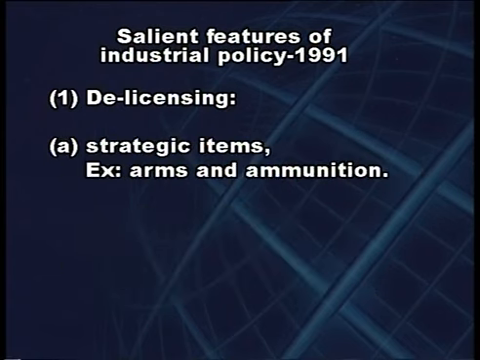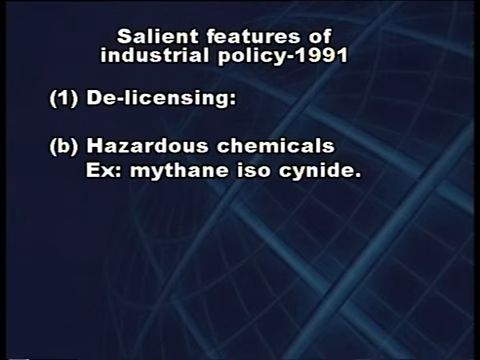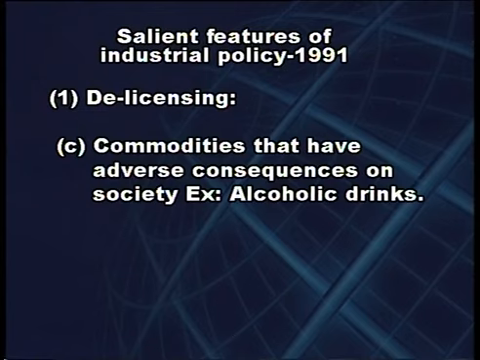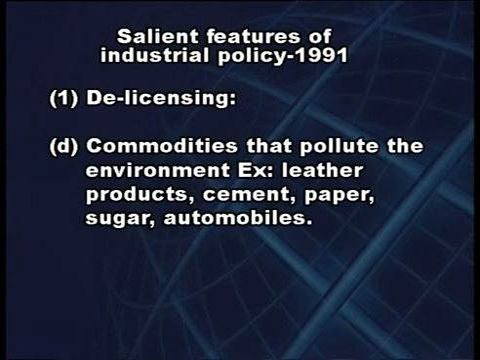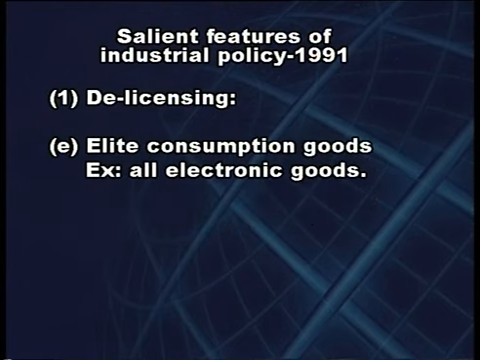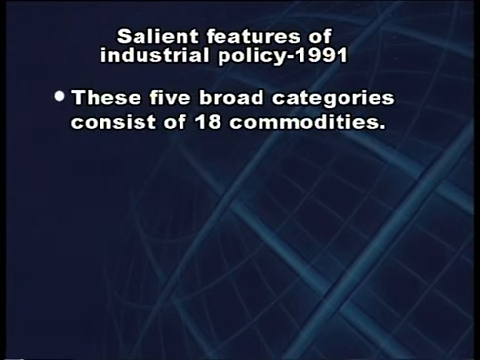These categories are: 1. Strategic items, for example, arms and ammunition. 2. Hazardous chemicals, for example, methyl isocyanate, MIC. 3. Commodities that have adverse consequences on society, for example, alcoholic drinks. 4. Commodities that pollute environment, for example, leather products, cement, paper, sugar, automobiles. 5. Allied consumption goods, for example, all electronic goods. To produce these commodities, prior permission is a must. These 5 broad categories consist of